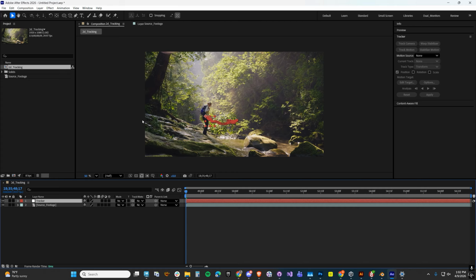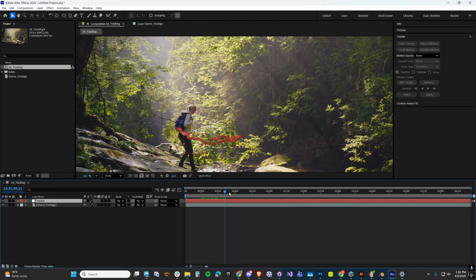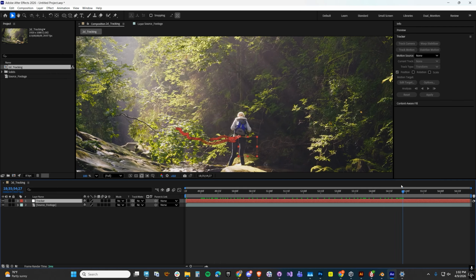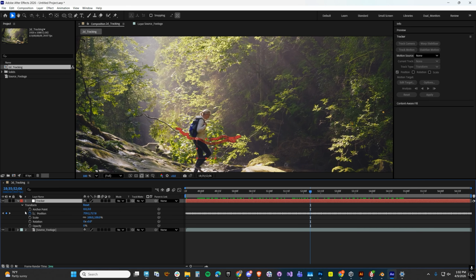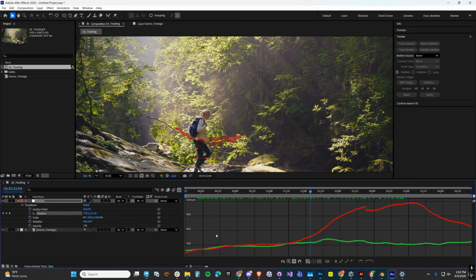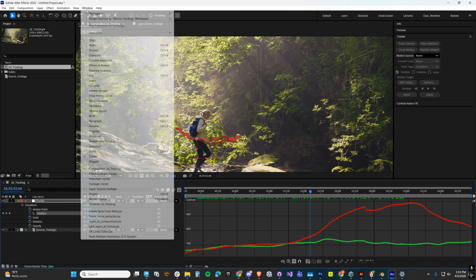And now if we select the tracker, we zoom in, we see that the tracker follows the person moving through the scene. And if we open up the tracker, we'll see in the position here, if we open up our graph editor, we can see that there's a quick little jump here. What we can do is we can go in and we can just run a quick little tool that After